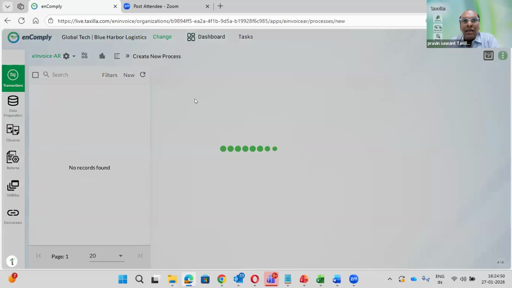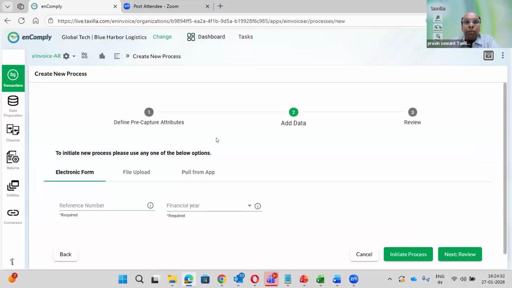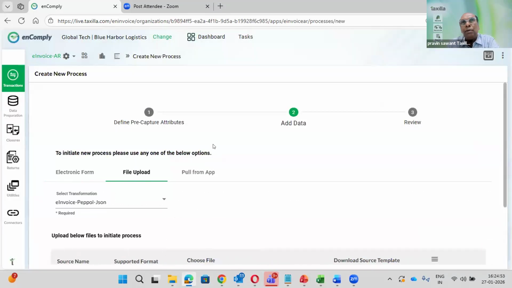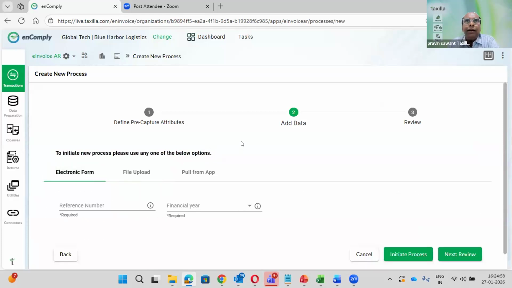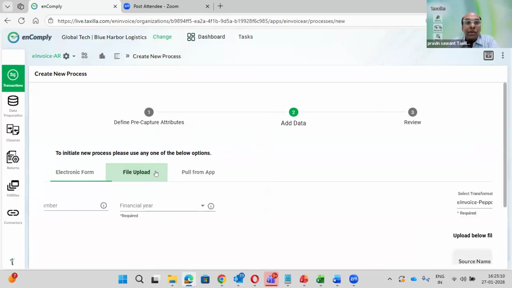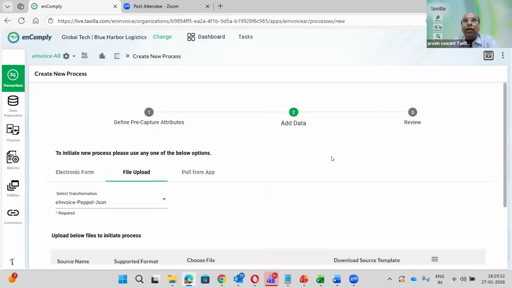Now, other than this, who is going to use our platform? A company with very low volume says, I don't want any integration software. I want a simple platform where I can manually enter the data and generate the invoice, where they have 4 to 5 invoices in a month. Some companies will say, I am doing monthly billing, I want to upload the data in Excel or JSON in bulk. That you can do.